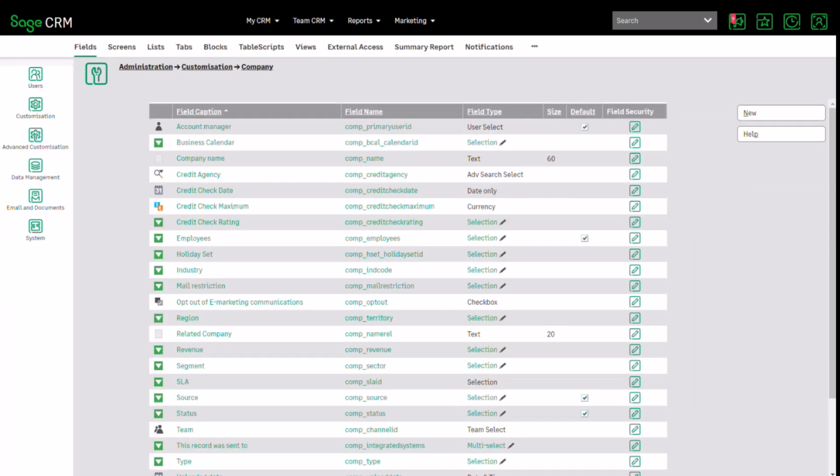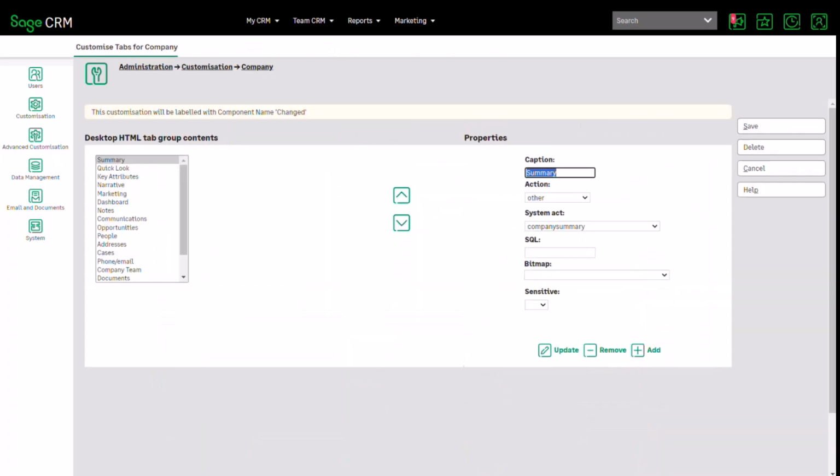Those fields that sit inside the company table can be altered in any way that we like. We can invoke them to include them into the company screen and the company tab. So this is where I'm calling the summary, and it's in the tab group, and it's calling the internal system action